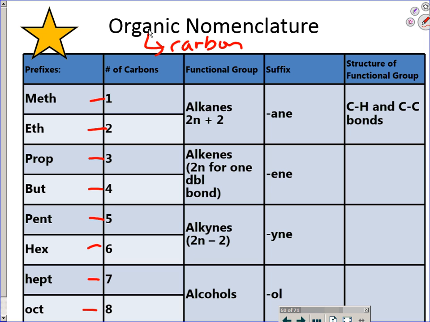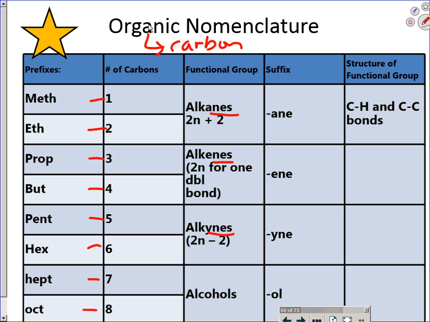So you guys kept saying ain, ain, ain. So ane, ene, and yne. I want you to underline or highlight those on your notes. Some of you are listeners, and when I write something down, I feel like you have to write something down for some reason. Okay, so ane, ene, and yne. Essentially, you can have something called propane, propene, as it ends in ene, or propyne, as it ends in yne. So you have to enunciate your endings very well.